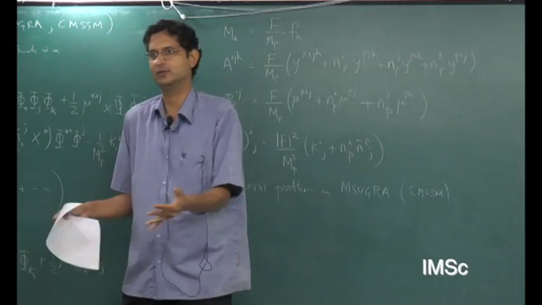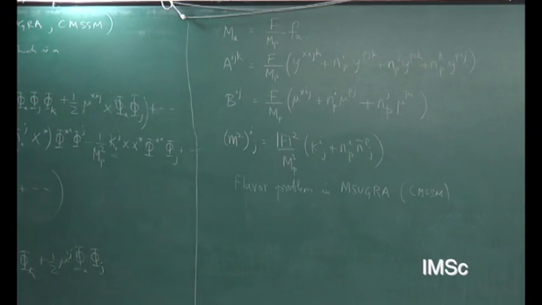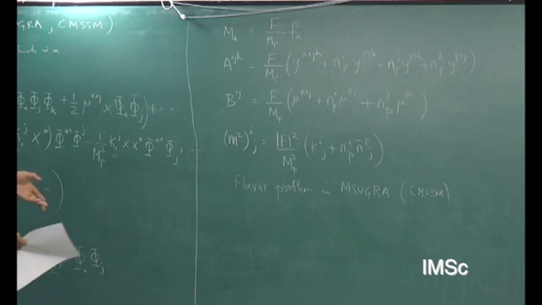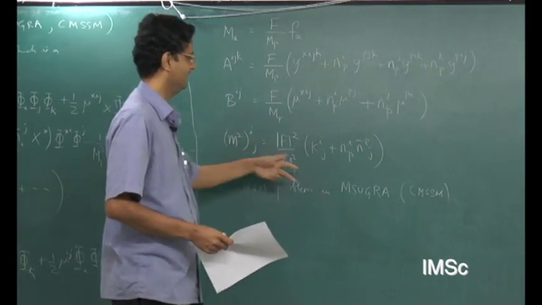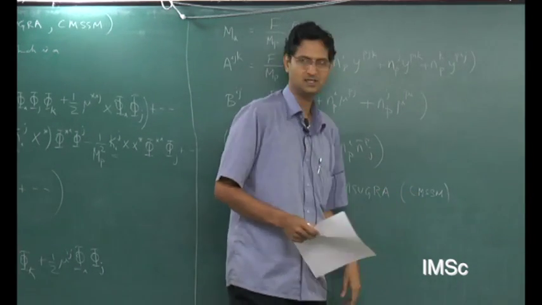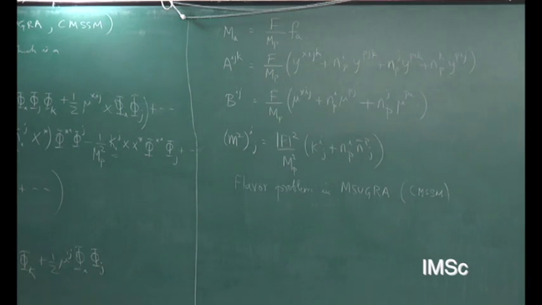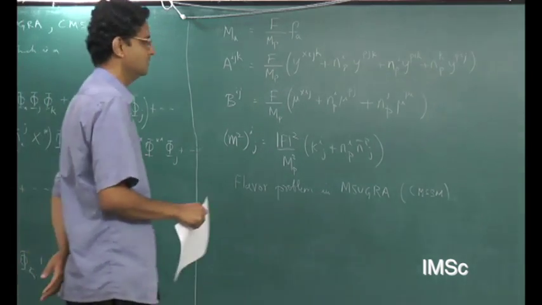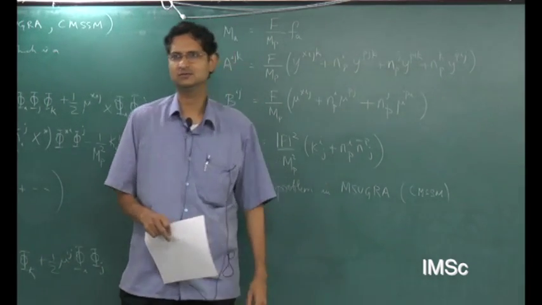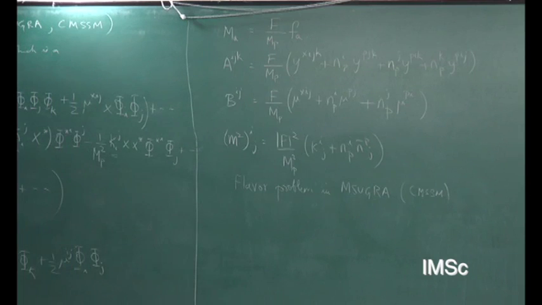We don't even have good proposals for it, and so you don't know what field content is there, and you don't know how to run the RGs beyond the GUT scale. And for that reason, people put the boundary condition at the GUT scale. And I think the terms are related to whether you put the boundary conditions at M Planck or at the GUT scale. Perhaps the CMSSM means that you put the boundary conditions at the GUT scale, and you do that in M-SUGRA also, so perhaps the distinction is not very big. But yeah, I'm not really sure why the two names. We can check on this.